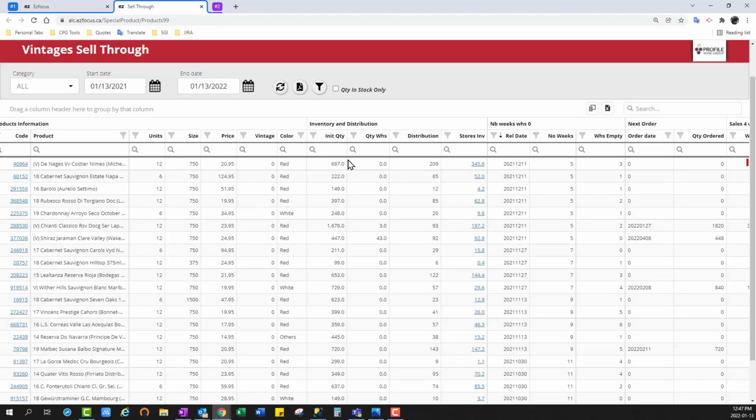The Vintages Sell-Through module is going to give you a lot of visibility to things like what the initial size of your parcel was and the daily store and inventory information based on what's still left in the warehouse, how many stores have inventory of that parcel, and then most importantly, this store inventory link is a really handy